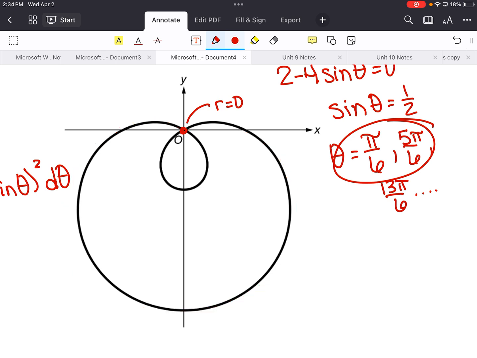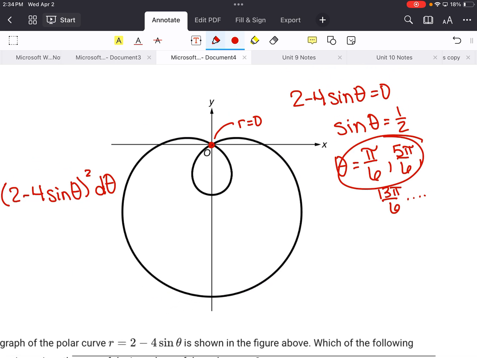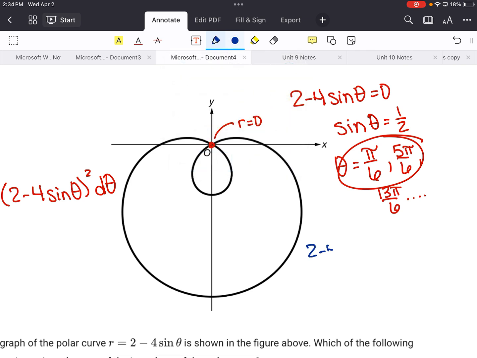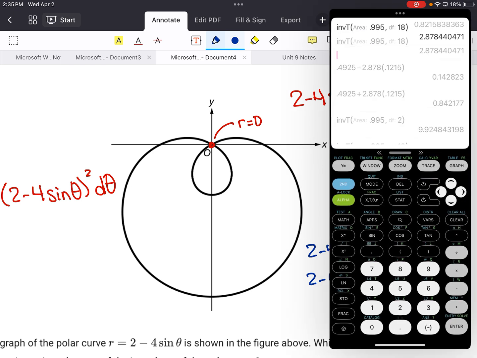So if I plug in like pi over 4, so I'm just doing a little scratch work here. 2 minus 4 times sine of pi over 4. Well, that's 2 minus 4 times square root of 2 over 2. So that is 2 minus 2 root 2, and 2 minus 2 root 2